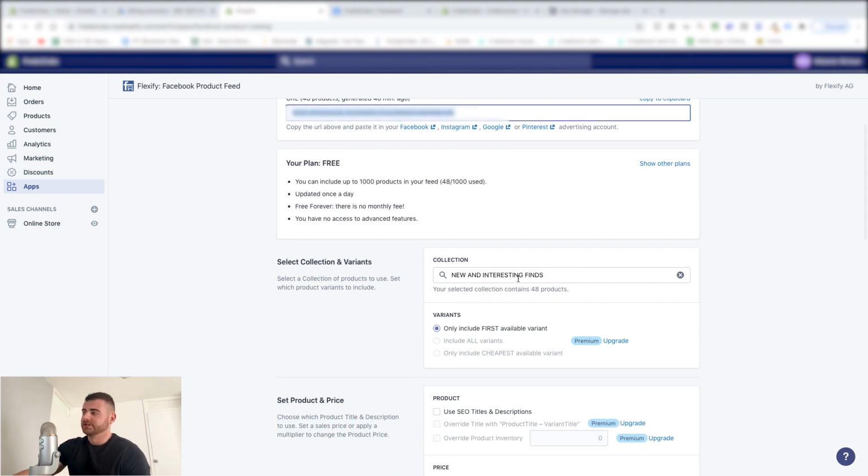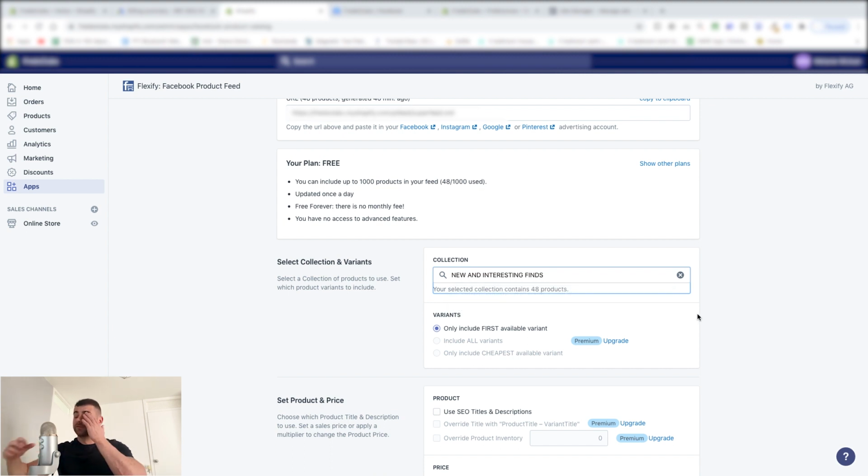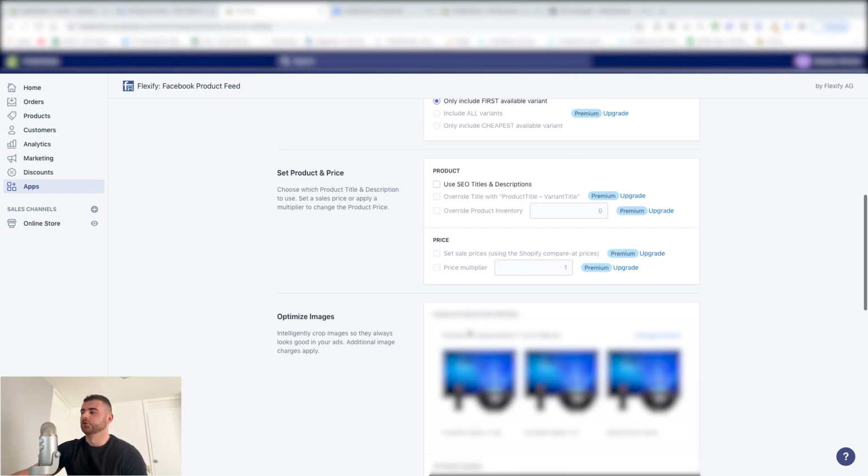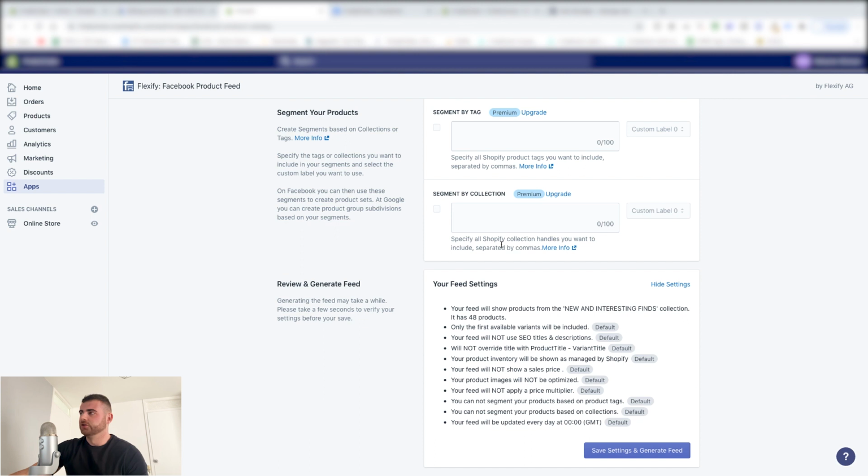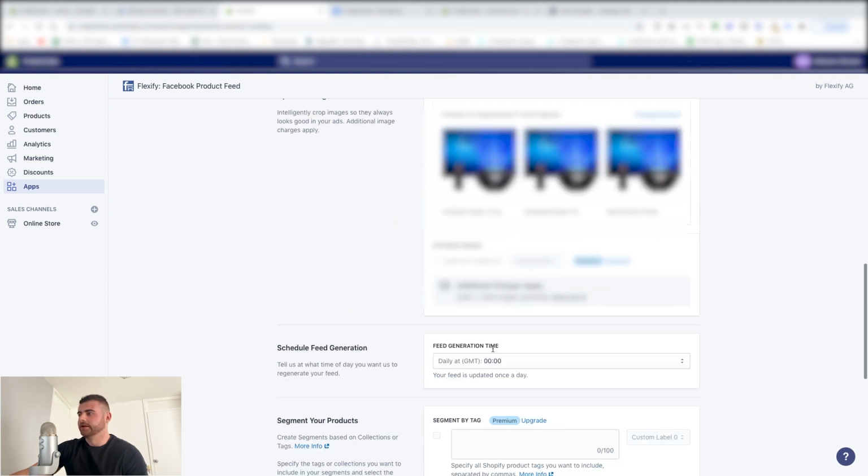Make sure the collection is set. For example, I've got 48 products. That's not the variants, by the way. I think I have like 1,890 including variants. So it's not going to show the variants. If you want to buy the $29 thing, don't do it. It's not worth it. You can include all variants, but it doesn't matter. They're going to know what product it is. So don't do it. Nothing else you really need to change, bar from